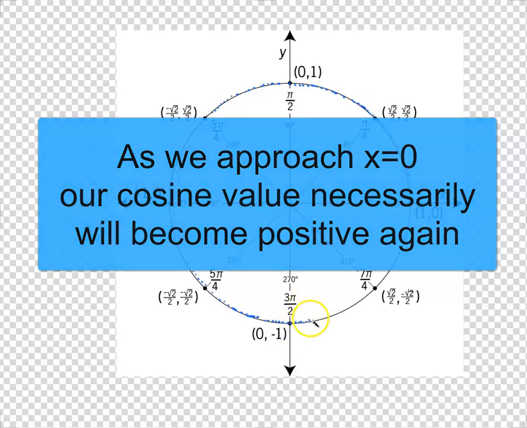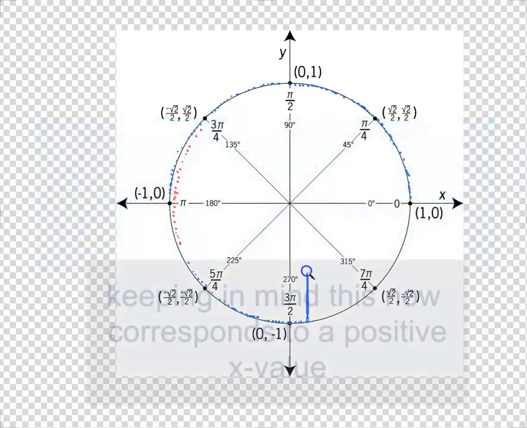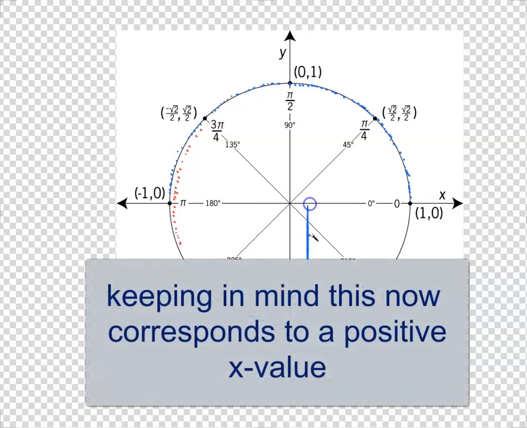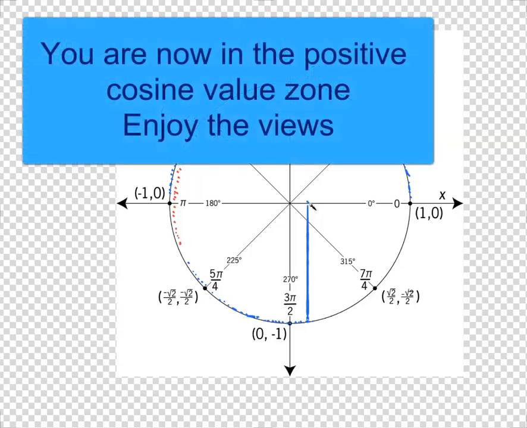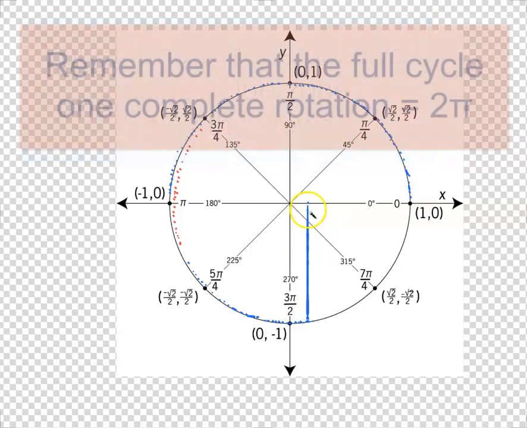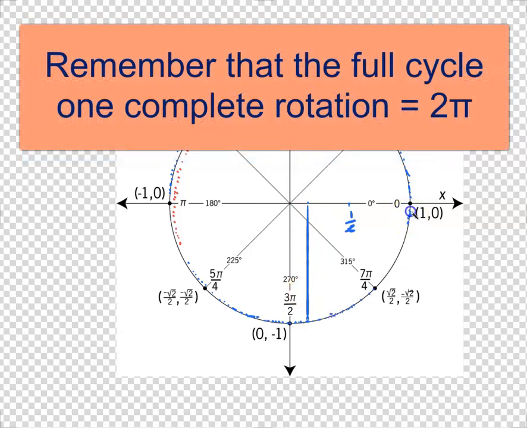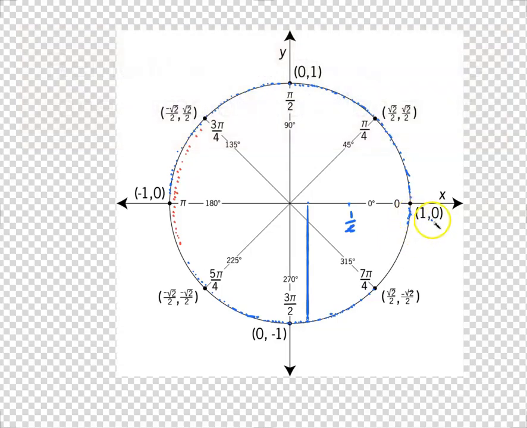And remember that this corresponds to an x value. So if we're here on the x-axis, we start to approach a full cycle and x equals 1